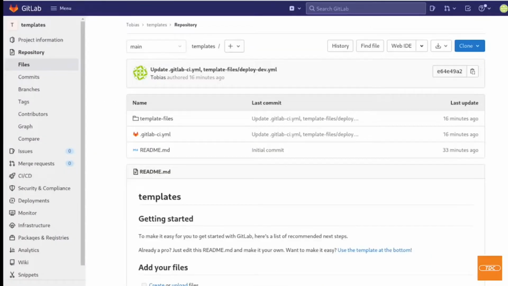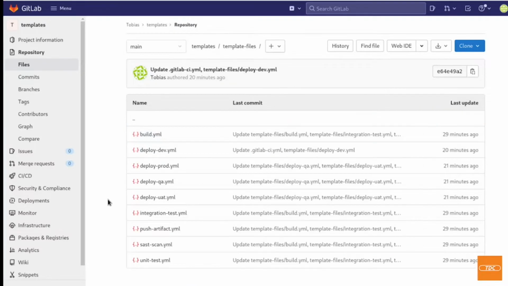Getting back to the repository that I have set up for this demonstration. As I've said, I have a folder in here, or a directory, in which I've created a couple of templates that I will use as examples to run specific jobs. I have a build job, deploy jobs into different environments here, and then I have an integration test, a push artifact if you want to push your build artifacts to, for example,